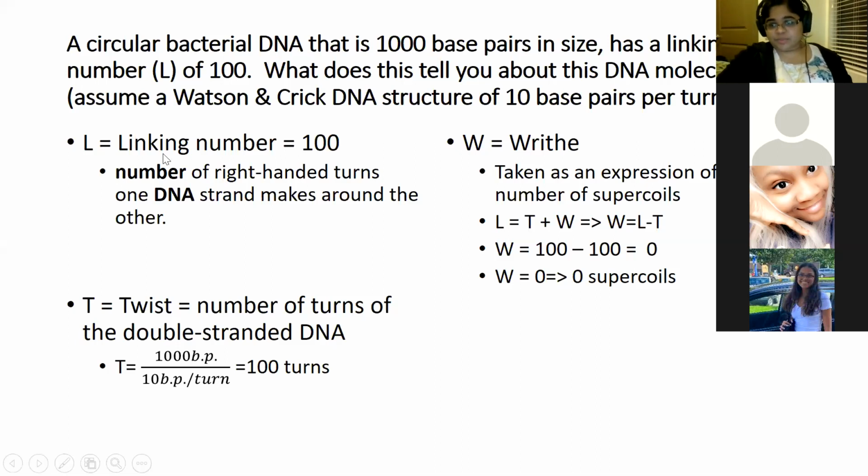So linking number. Essentially these 3 terms come into the description of what a DNA molecule is up to, right? It is trying to see how it's twisted, how it's wrapping around each other. So linking number, we have it as the number of right-handed turns, so we have a DNA strand going right-handed, other than Z DNA, but that's another story. For now, linking number is the number of right-handed turns of one DNA strand around its